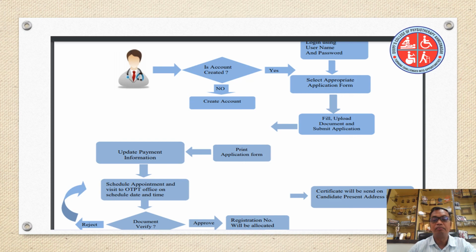After getting the approval, the registration number will be allocated to you, and the certificate will be sent to the candidate address given on the application form. So this is how the simple steps have been made to get yourself registered with the state council.